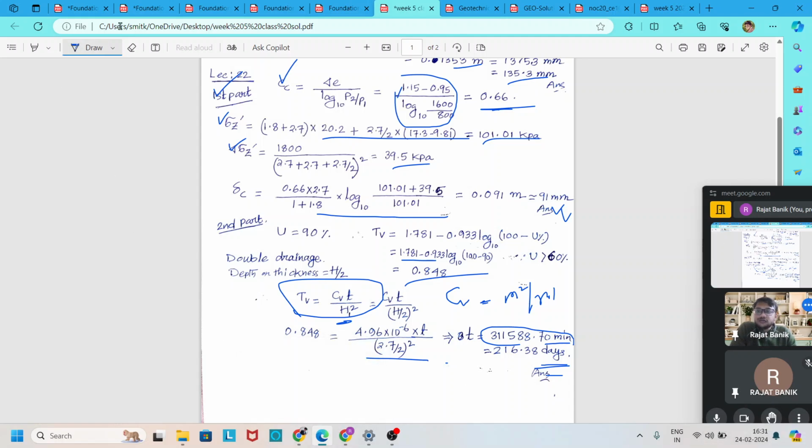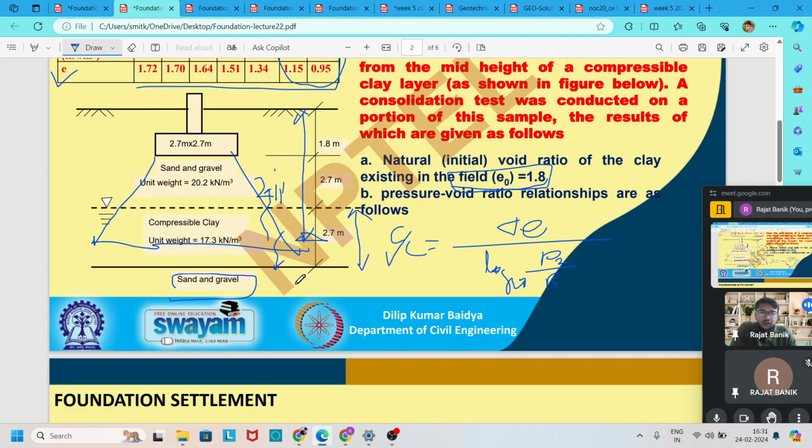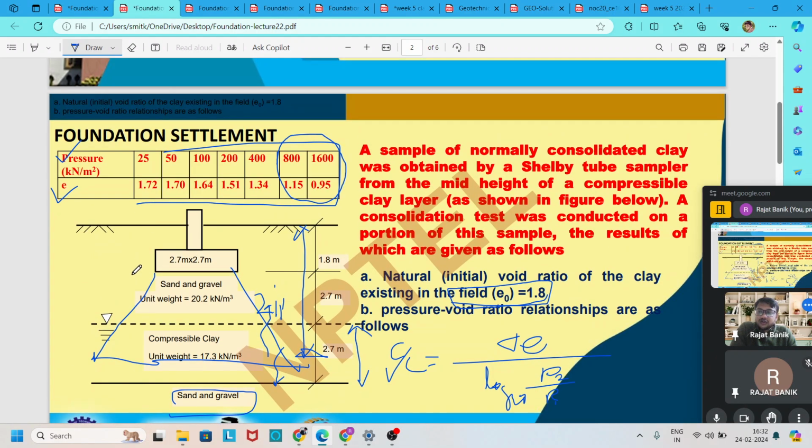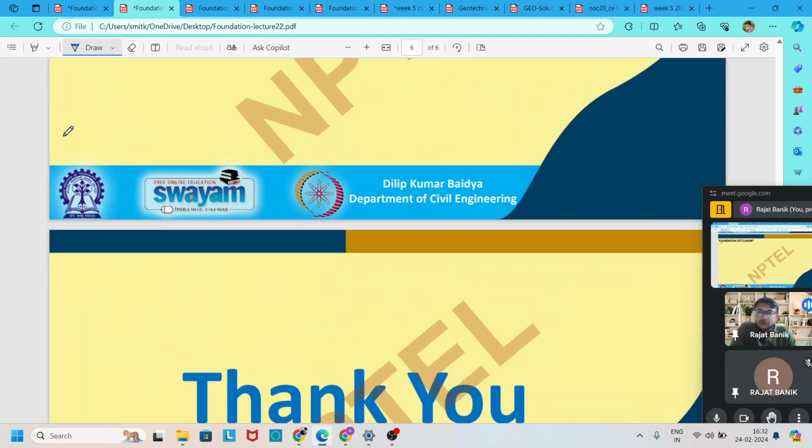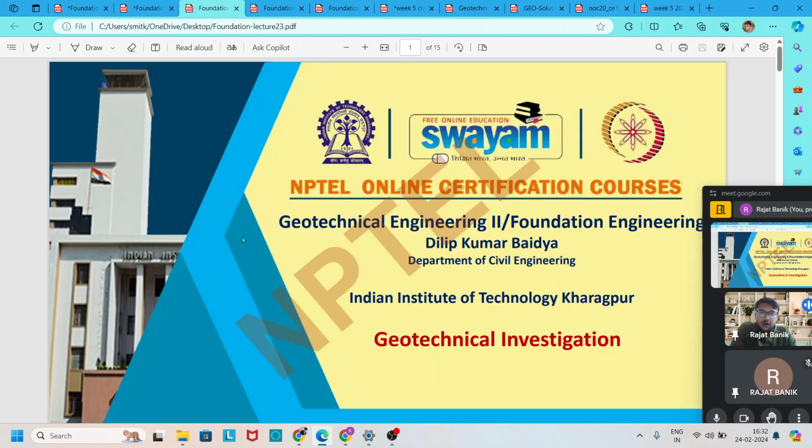So this is the solution of the lecture 22 problem. Now we move to our lecture 23 of week 5. In week 5, lecture 23 is the new topic we have to discuss now, which is nothing but the